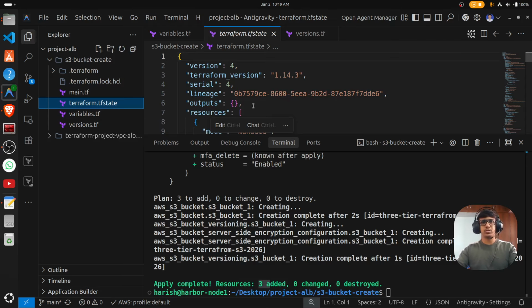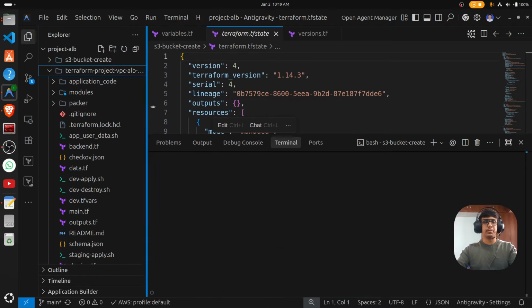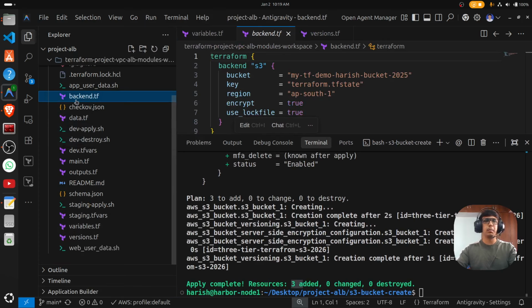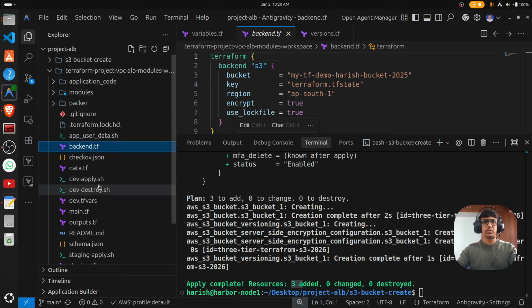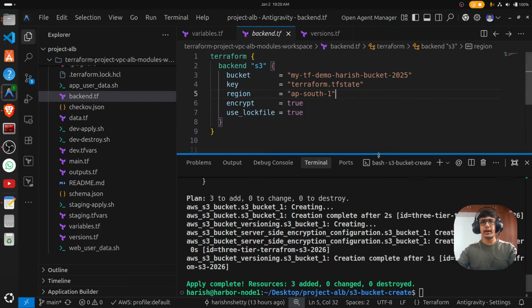So to solve this issue, just close this one. This is the 3-tier application project. Here I created the backend, backend.tf. Don't get confused, this is the 3-tier application. Inside application, select the backend, and here in the backend